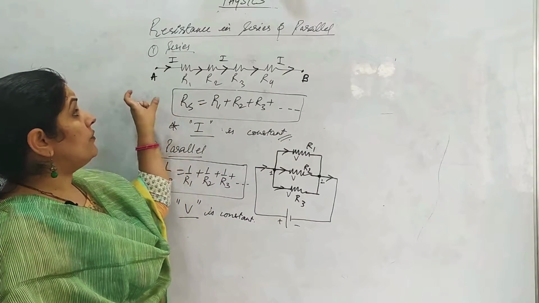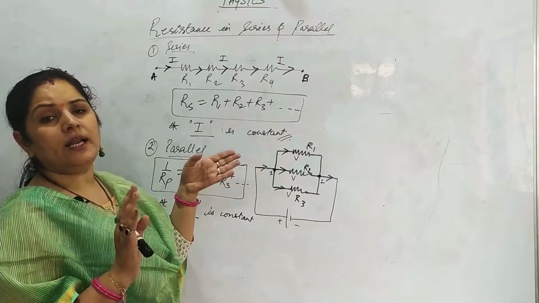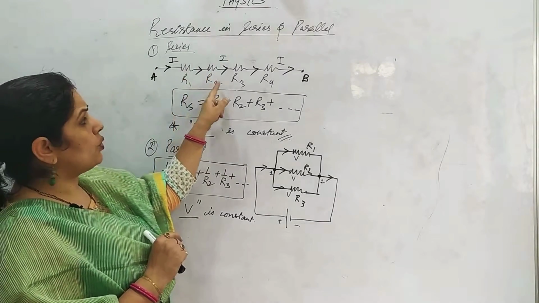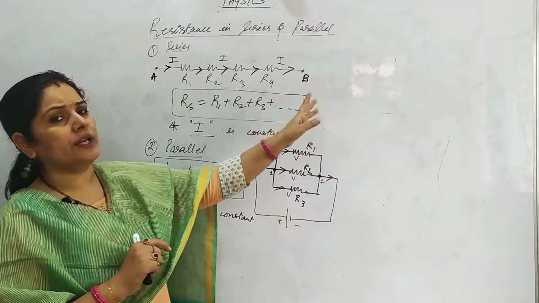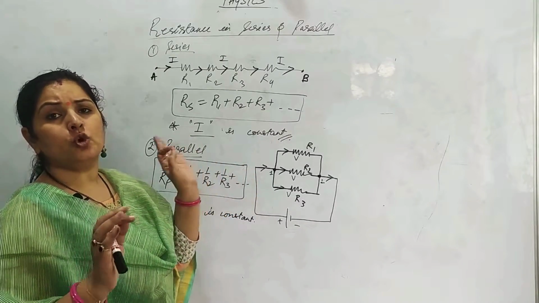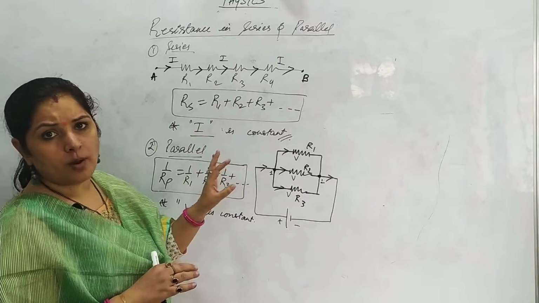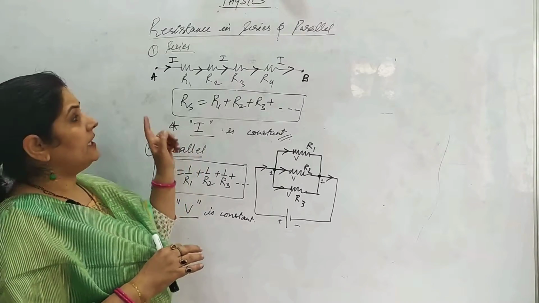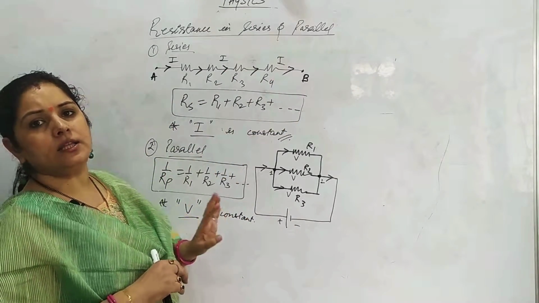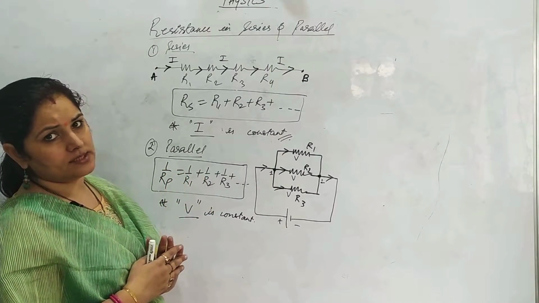Right? So when they are connected in series, current has only one way to pass through. So the current that goes from here has to pass through R1, then to R2, then to R3, then to R4 and so on. It has no other way to divide or get split. So we found experimentally also that current in series combination is always a constant. If 2 ampere I have sent from here, 2 ampere for R1, 2 ampere for R3, 2 ampere for all other resistors, it is going to be a constant value for all the resistances in series.